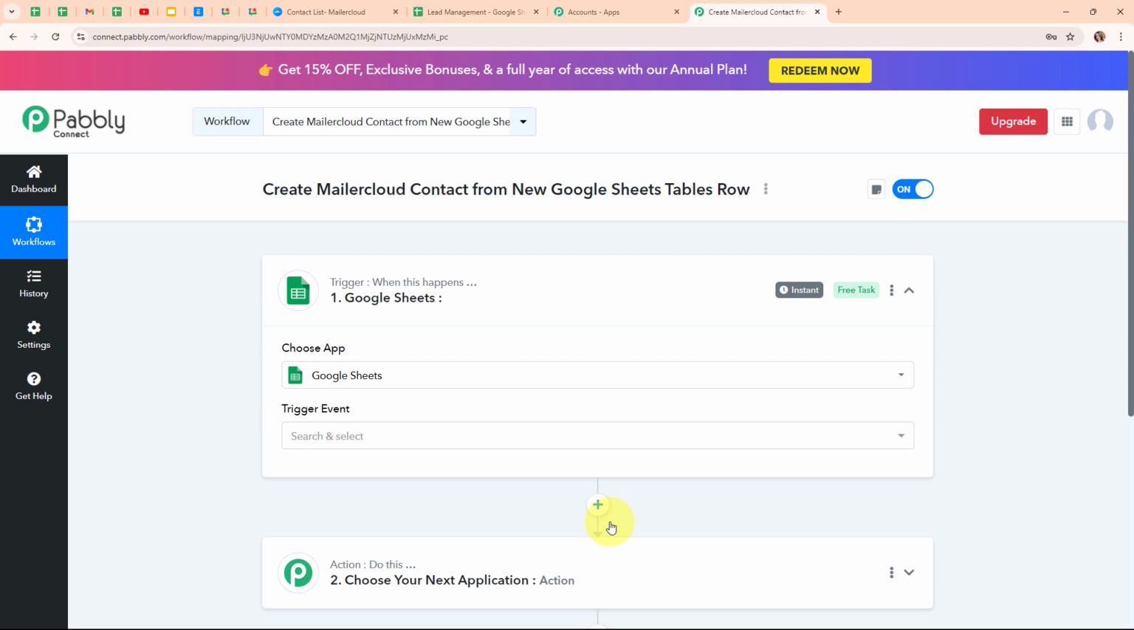Whether you're tracking expenses, creating project plans, analyzing data, or working on a group assignment, Google Sheets makes it easy to work together and stay organized. Plus, it integrates seamlessly with other Google apps like Google Drive and Google Forms, making it a go-to tool for personal and professional use. So here in my Google Sheets trigger step, I am going to select my trigger event